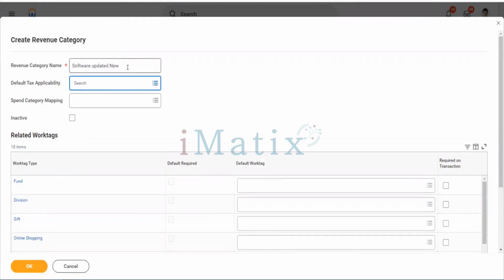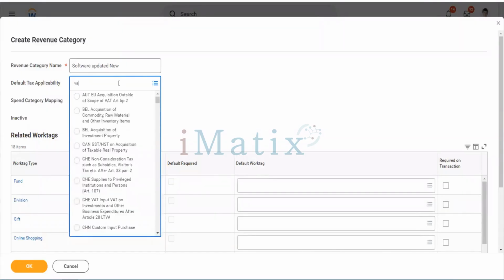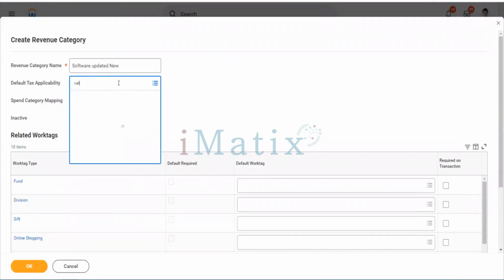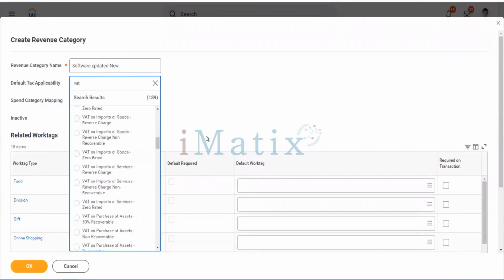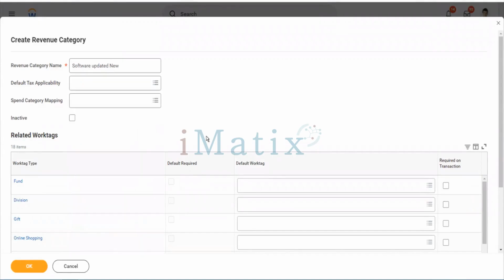Tax applicability: if any VAT or tax applies to this revenue category, then you can pick that value from here by saying input VAT or GST. You can put VAT, GST, whatever it is, but we'll not select it for now. We'll create some basic items first.